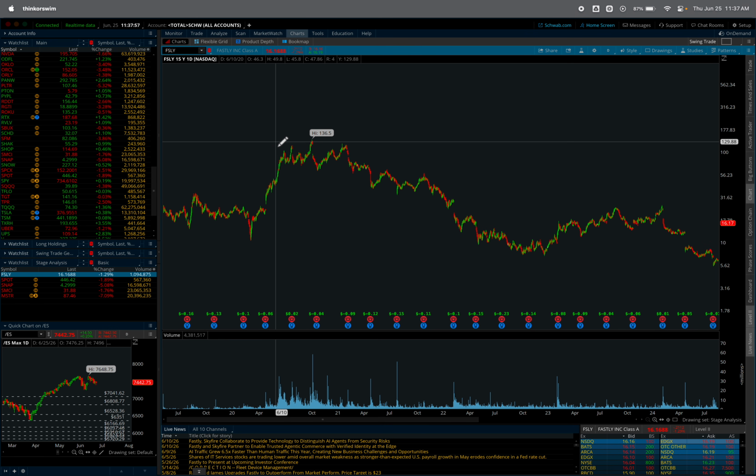And then stage 3 is what you get into here, which is your stage 3 topping pattern. There we go. So the stock no longer has that uptrend to it. It is chopping back and forth. You'll get a lot of these failed breakouts. You'll break into new all-time highs or new highs, and the stock will get smacked back down. You'll break into new highs, and the stock gets smacked back down. Another key indicator of a stage 3 topping pattern is you'll have elevated volume. This is a clear sign of distribution when it comes to shareholders. So there's no clear direction anymore. The stock is chopping around, it gets more volatile, you have higher volume,